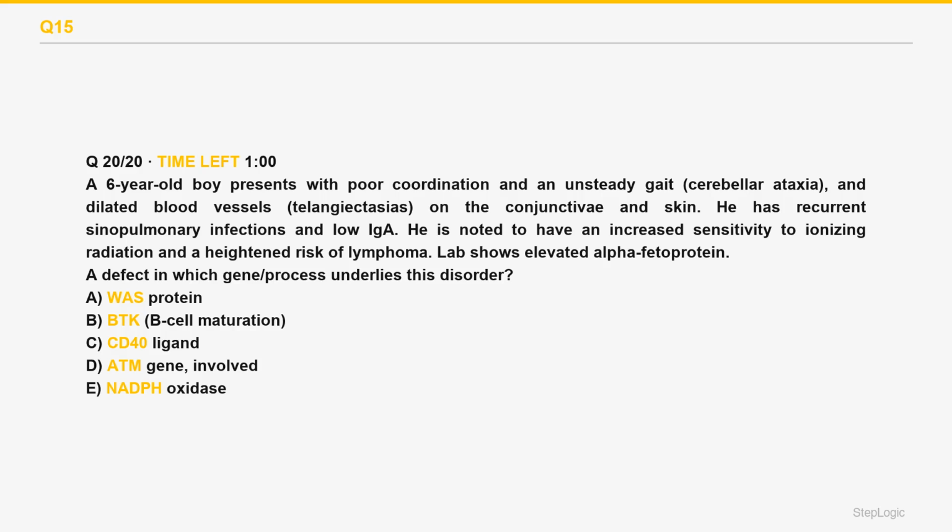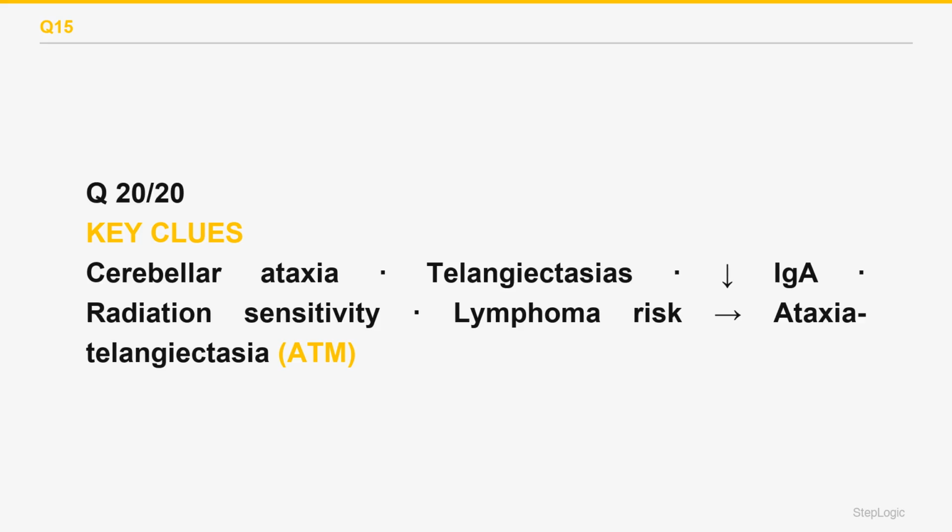Read the command: which cellular process? Cerebellar ataxia, telangiectasias, recurrent infections with low IgA, radiation sensitivity, lymphoma risk: ataxia telangiectasia, ATM gene, DNA repair defect. Ataxia telangiectasia is an autosomal recessive disorder caused by a defect in the ATM gene, ataxia telangiectasia mutated. ATM encodes a kinase that senses and coordinates the repair of DNA double-strand breaks, and activates